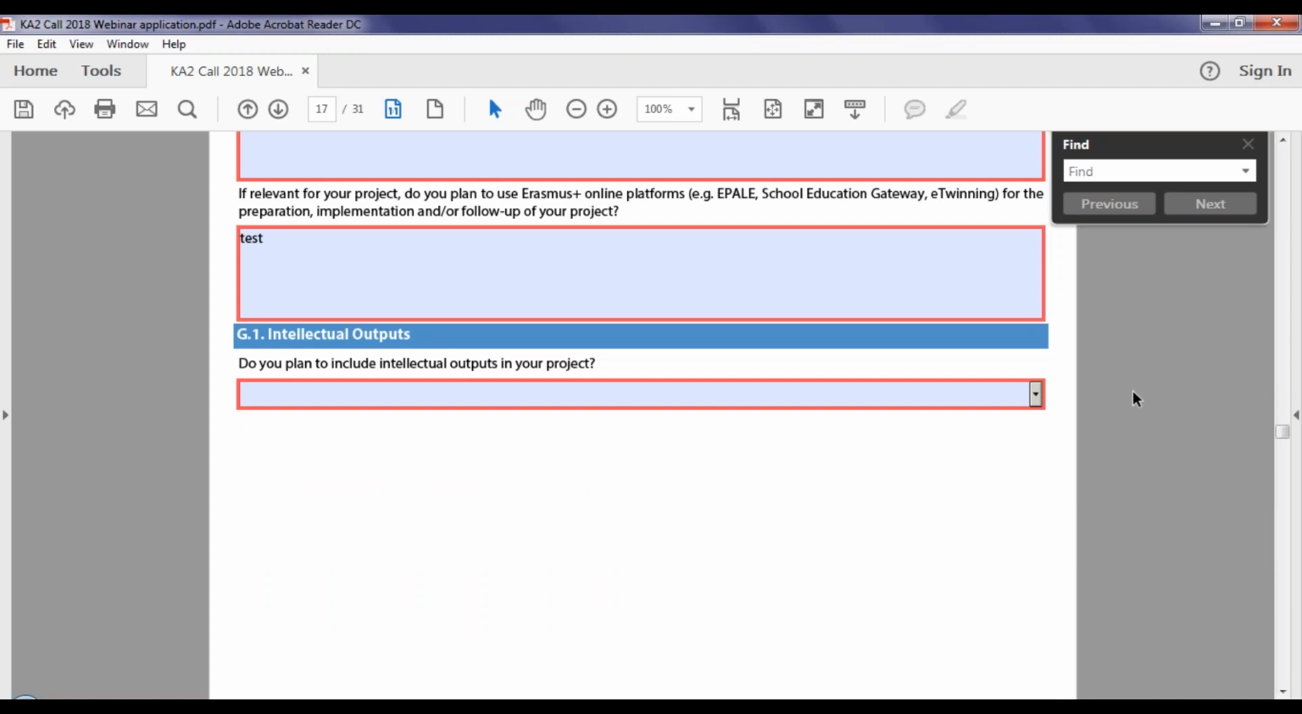As we have selected innovation in section B, section G.1 intellectual outputs will appear here. Intellectual outputs are substantial, high-quality, tangible outcomes with potential for wider dissemination, exploitation, and impact. Each intellectual output should be a standalone result, not a stage in the development of a result. Some examples of intellectual outputs could be curricular,